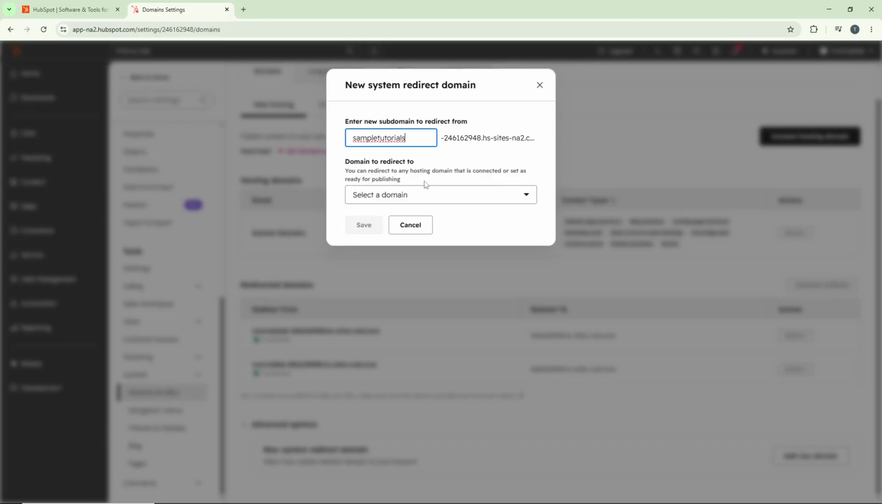Next, you'll see a field where you need to select a domain. Use the drop-down menu or input field to choose the destination domain where you want the traffic to be redirected. This is where visitors will land after the redirect takes place, so make sure you select the correct domain that matches your intended destination. After you've entered both the subdomain and selected your domain, click the Save button to finalize